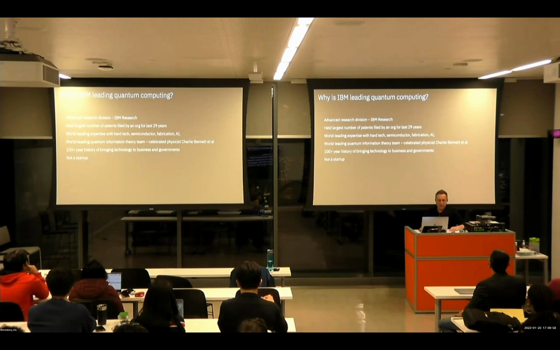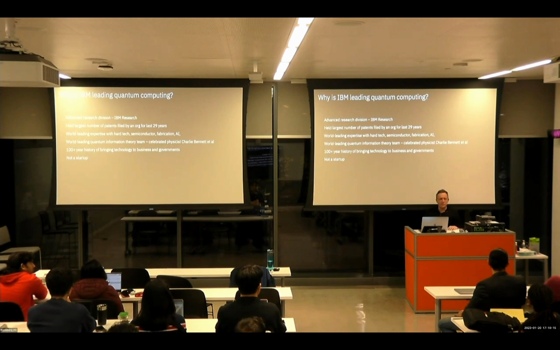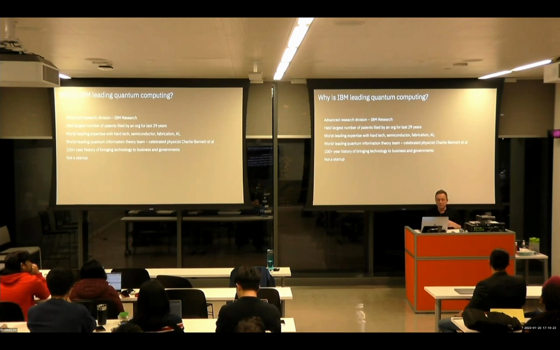So I've been working for IBM for a few years, so I'm not here to sell IBM to you, but most people agree that IBM right now are leading in quantum computing. So the question I often get is, why IBM? I mean, most people's idea of IBM is a company that was very, very big a while ago, with a lot of people wearing suits, you know, in the 1960s, standing next to large metal boxes. Why IBM? Why is IBM killing quantum computing?